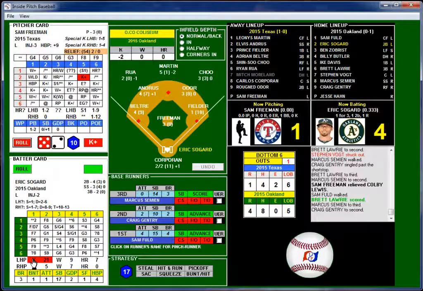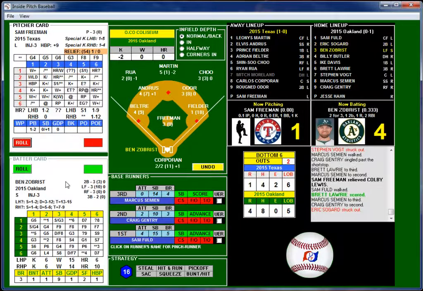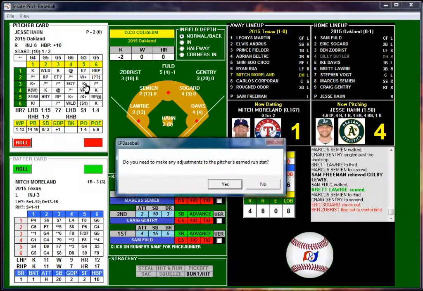52. And, well, we got one of them out. And now we got to switch. Zobrist is up. He hits much better against righties than he does lefties. More home runs. So they're going to leave him in. He's got one more batter, and then maybe a replacement at that point. So good thing they left him in, because they're going to get a fly ball to center field to end the inning. Out.